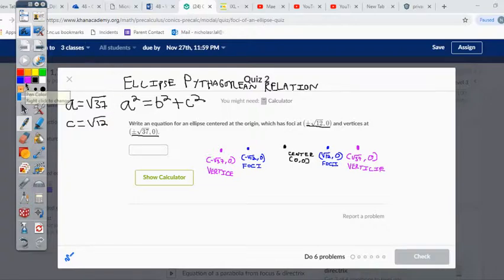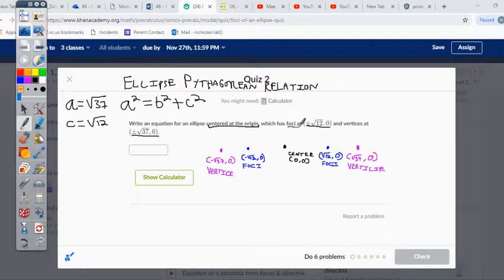We know the center is at the origin, 0, 0, because the center has the coordinates of the midpoint between the two foci, or the two vertices, or the two co-vertices. We also know this is a horizontal ellipse